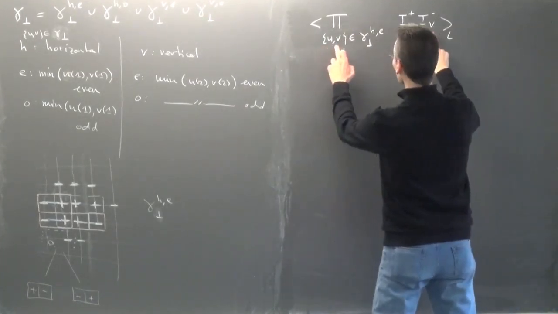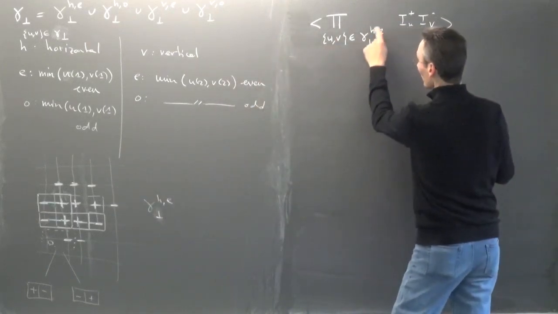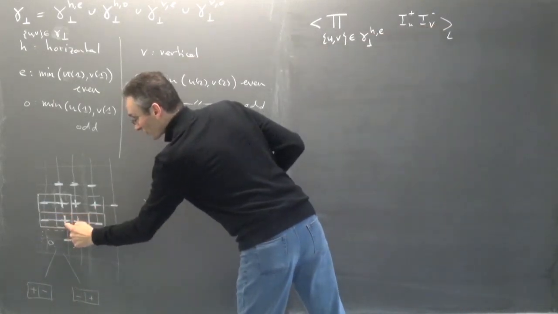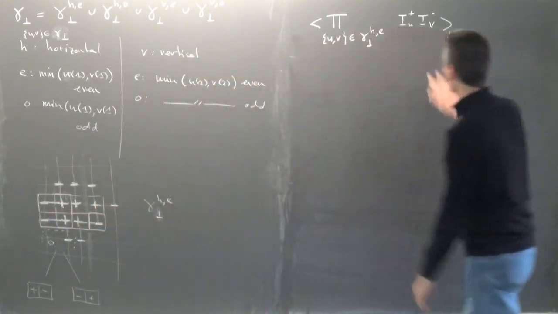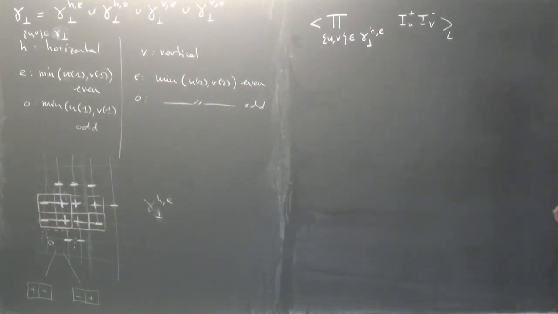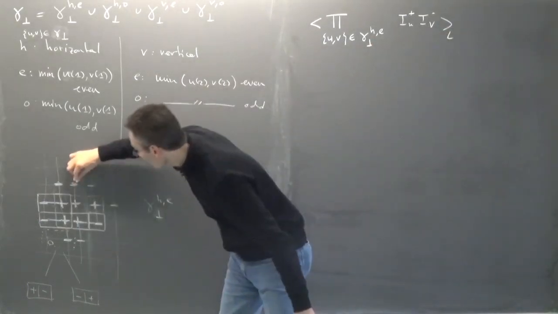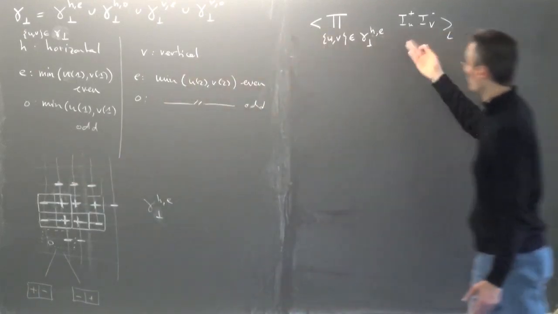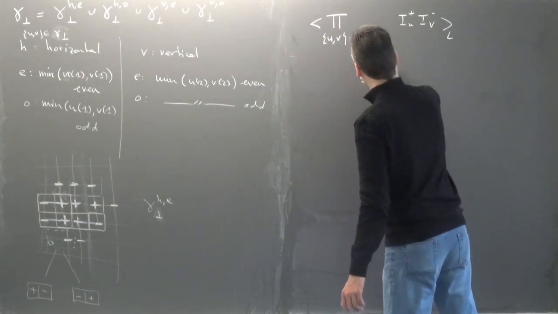So what it is telling me is that for the cells which are in this set, gamma orthogonal HE, I have a plus 1 on one vertex and a minus 1 on the other vertex. Which one depends on which pair I'm looking at. Okay. And for all the other blocks, for example this block here, I have no constraint, so I'm just inserting one function. So if I use the chessboard estimate, what do I get?